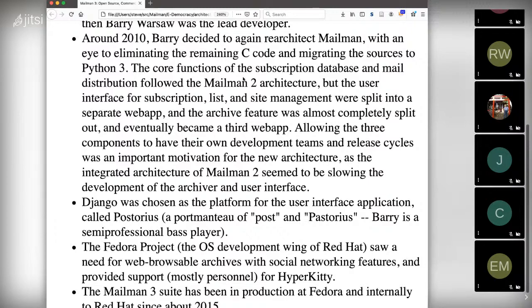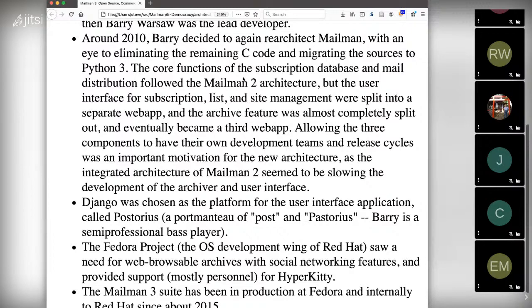If you pass all the rules and it's decided that the message is going to be distributed, then it goes to the handlers, which do things like munge the addresses. One of the more important ones nowadays is removing AOL and Yahoo users from the from line and replacing them with the list and adding those to the reply to, because otherwise you get in trouble with DMARC and all your users bounce. So that's another service that Mailman provides.